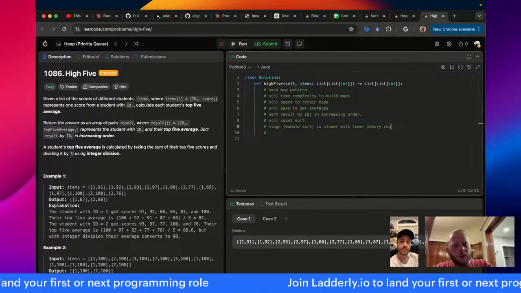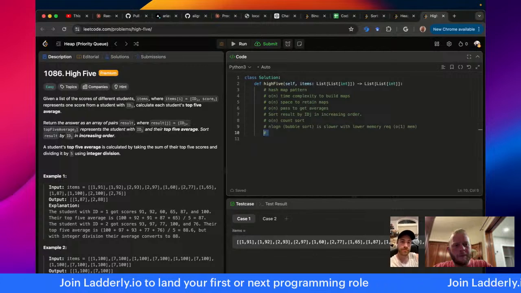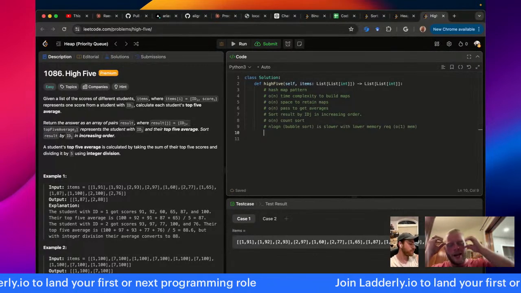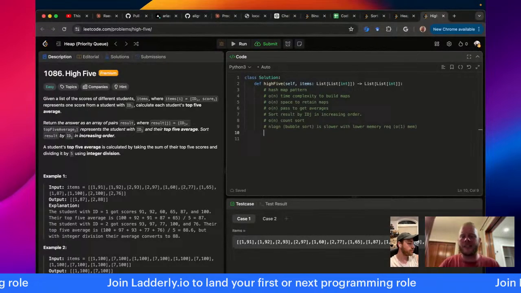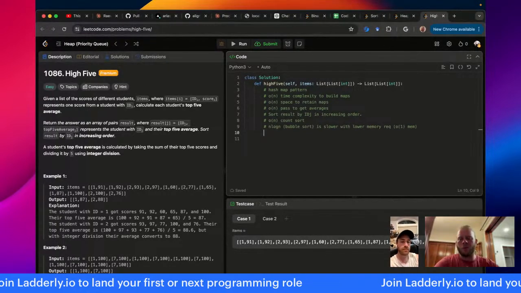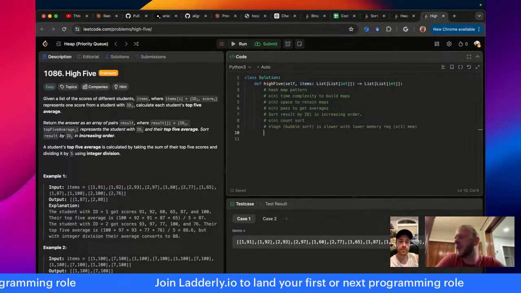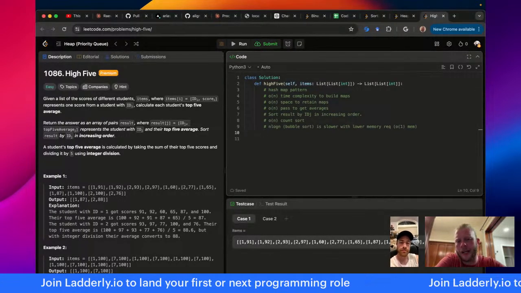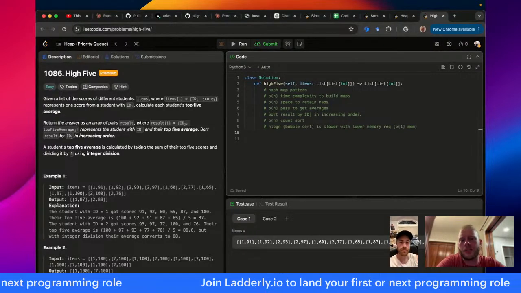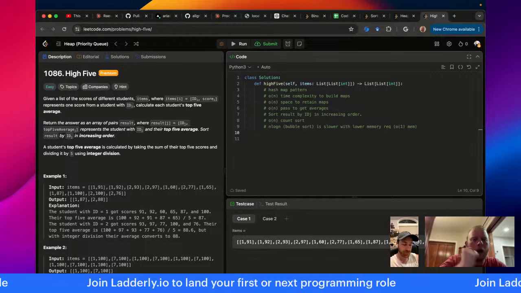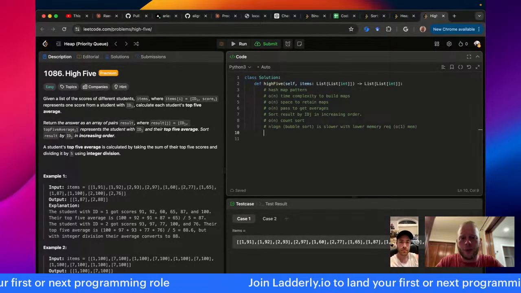Is slower with lower memory requirement, O(1) memory. Cool. So we can see, depending on what your interviewer is asking, there could be two different optimal solutions. In general, I prefer to have a better time complexity, and I'm happy to pay the memory cost because storage is generally cheap. But if I'm in an interview context and I explain the strategy to the interviewer, they absolutely have the freedom to say, hey, let's assume that I want to go for O(1) memory. And so I would pivot over to the bubble sort approach.